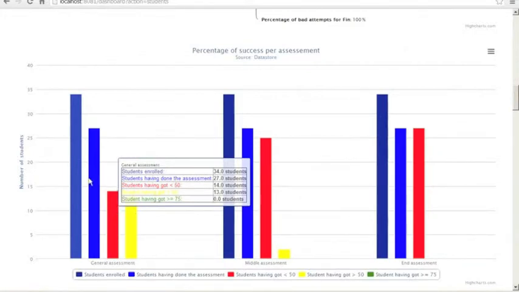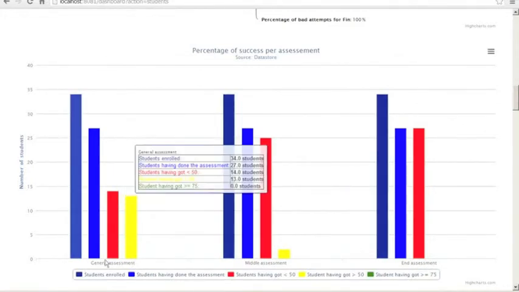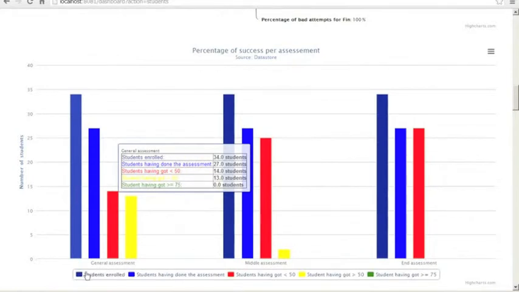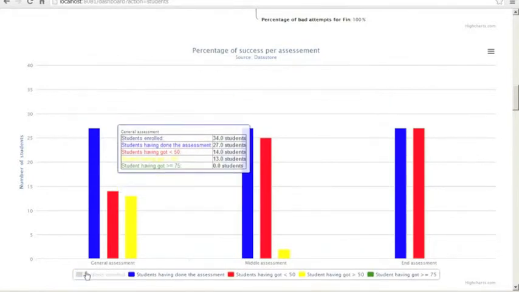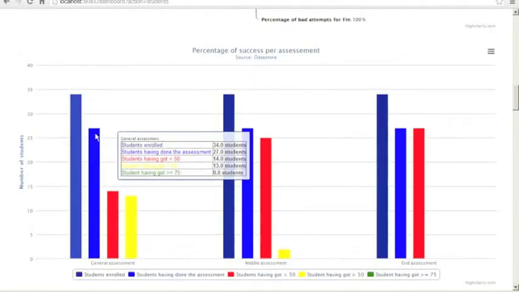As you can see, everything is shown in a very comprehensive, color-coded histogram, and as you have already seen, if you don't want to see a bar, you just click here and it disappears. More or less, we also have a little table that shows the numbers. So when you hover over a part of the graph, you get the corresponding chart.